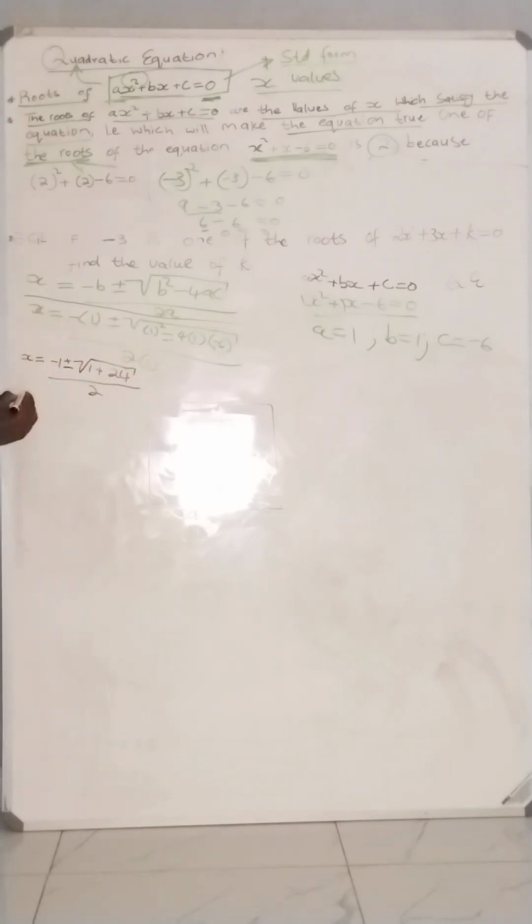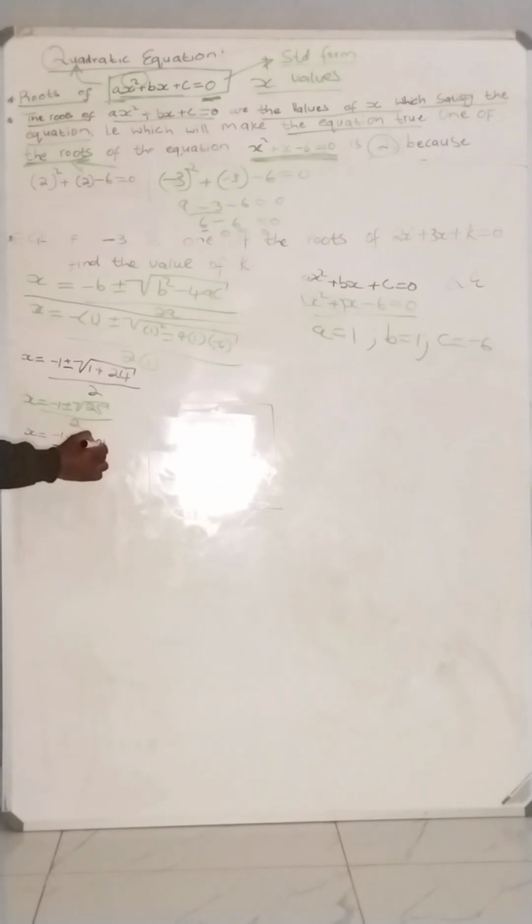Okay, so then the next step will be x equals minus 1 plus or minus the square root of 1 plus 24, which is 25, all over 2. Okay, and then you will have two of this equation. All right, you have x equals minus 1 plus the square root of 25, which is 5. So you'll have minus 1 plus 5